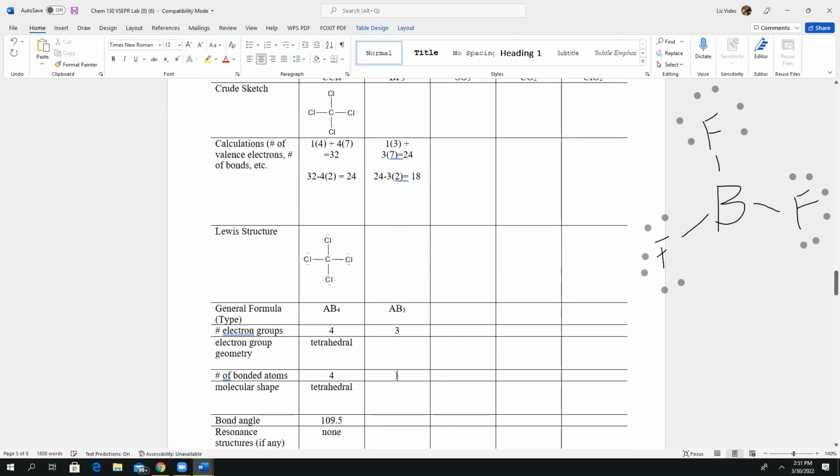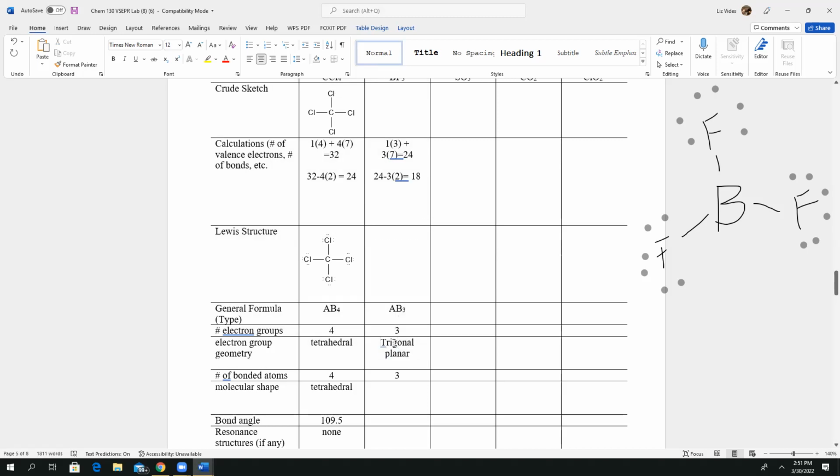All of the atoms are bonded. Therefore, this thing is a trigonal planar. Okay, and this same word comes over here because as long as